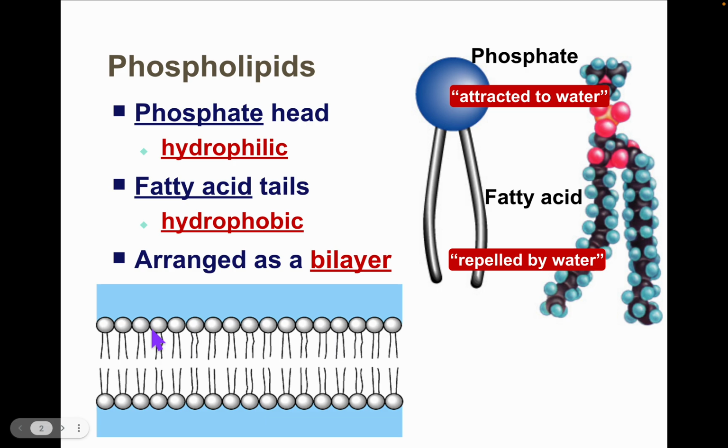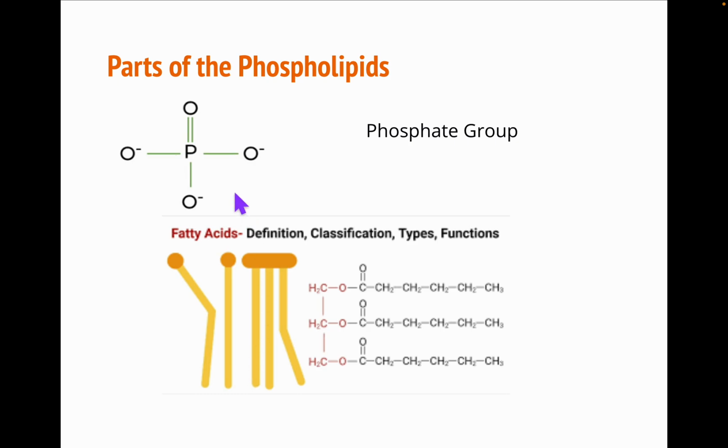That's why the membrane is arranged the way that it is. Everything with a membrane is arranged this way. There's always water outside of a cell. There's always water inside of a cell. So in order to protect the fatty acids from the water, that's why it is this way. Okay, so I wanted to break the parts of the phospholipid down even more